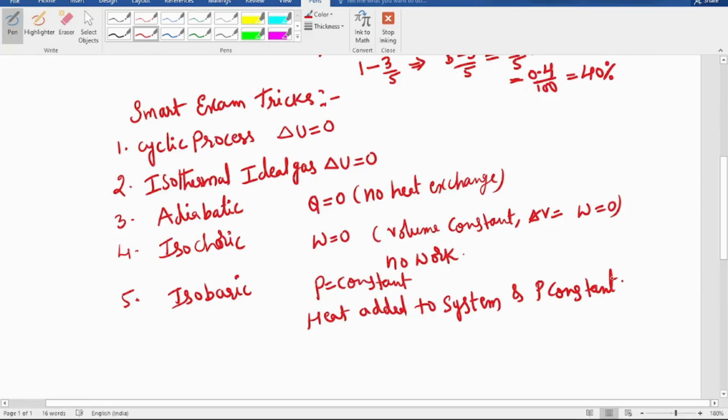These are a few tricks for whenever we see the question in theoretical format, or in assertion and reasoning, or multiple choice questions. They give these words and make us confused. So please look at the hints given in the question, and it will give you the opportunity to analyze the answer easily, and your time will be saved for other questions that require